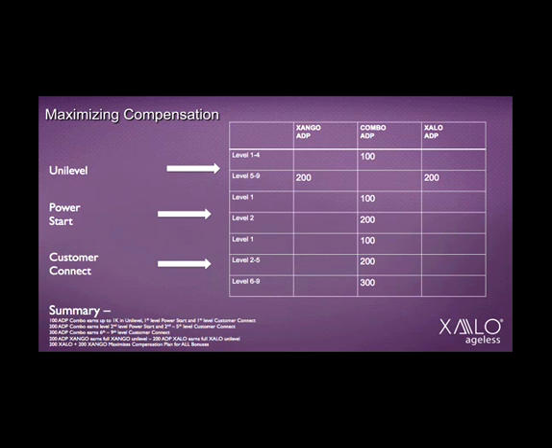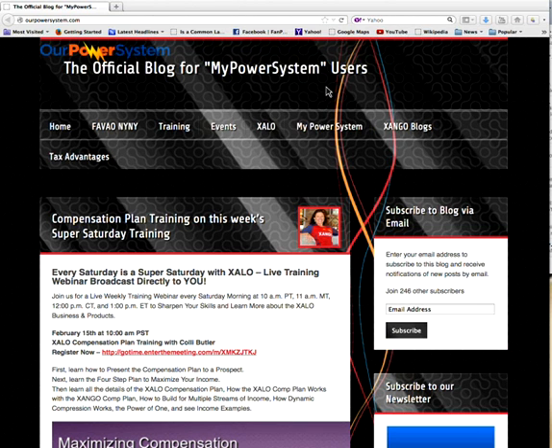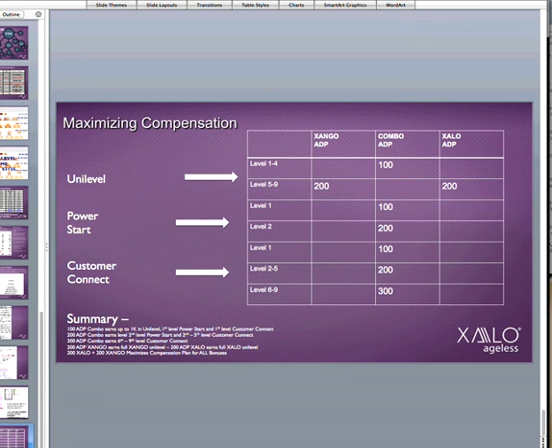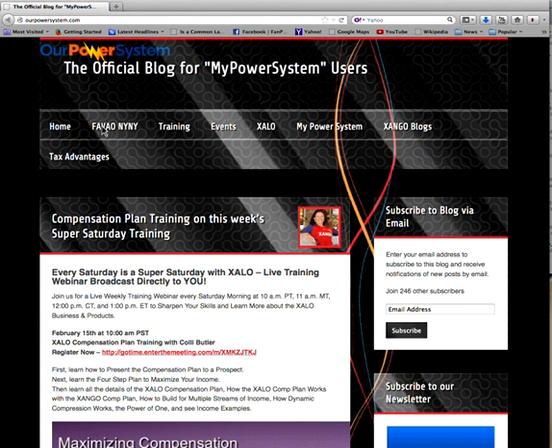All right, most of the questions have to do with the getting started training, so where is it? If you go to the training tab, you'll see there's a drop-down menu. One says Super Saturday and one says Training Center.